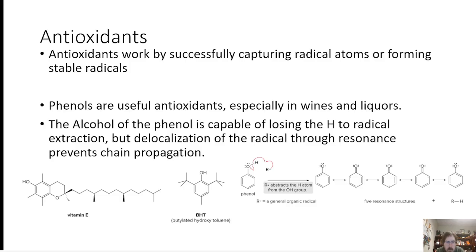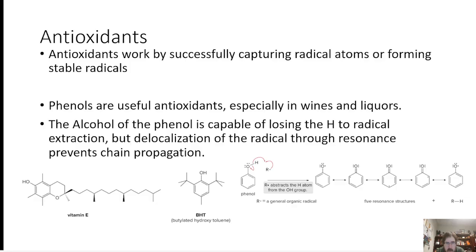The idea is that when we get large amounts of oxygen in there, it can spoil the wine. But as long as we have enough phenol, it's going to capture the oxygen and consume it and keep the wine good. The alcohol of the phenol is capable of losing a hydrogen to the radical abstraction,